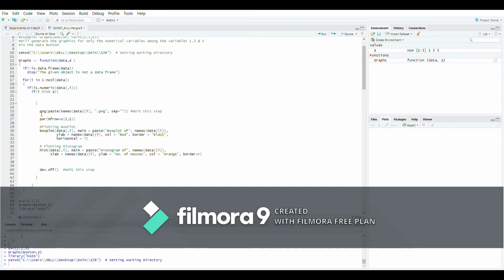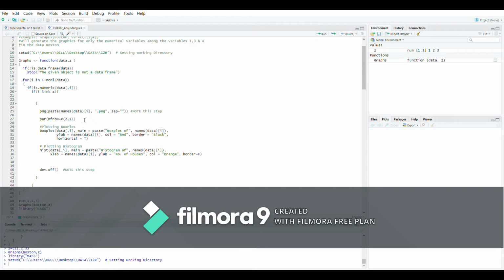First of all, I have used the PNG function. This PNG function is used to set the type of the graphs which we form, whether JPEG format or PNG format. I am using PNG format. For that, I have used the PNG function where I paste the name of the graph, and it in the .png format. Here I give the extension of the saving file, and these are separated by single commas.